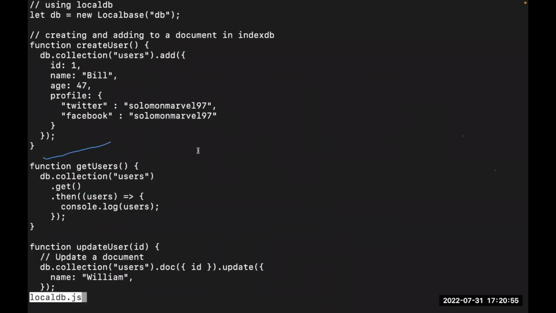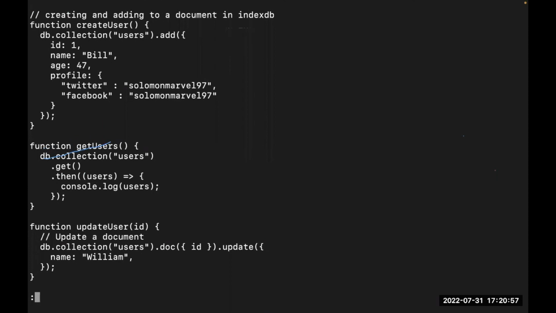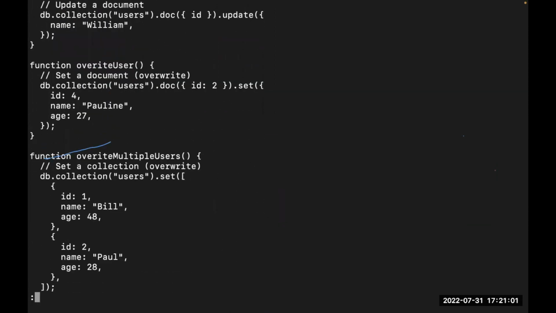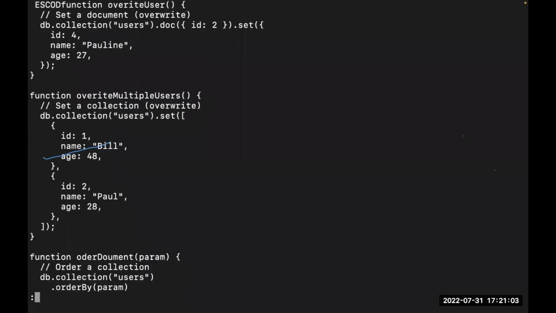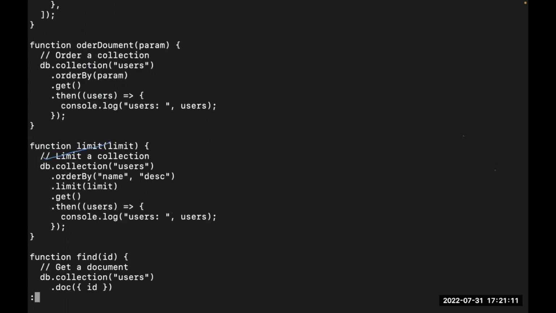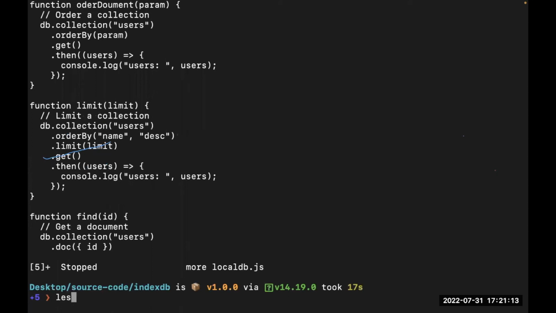localdb.js. All right. So as you can see, we're able to move through this and we're viewing it per page. This is basically because we're using more, right? So you see the way I moved just from the top of the page down to the bottom of the page. You can use the enter key to navigate per line. All right, this is using the more function. You can also use less.